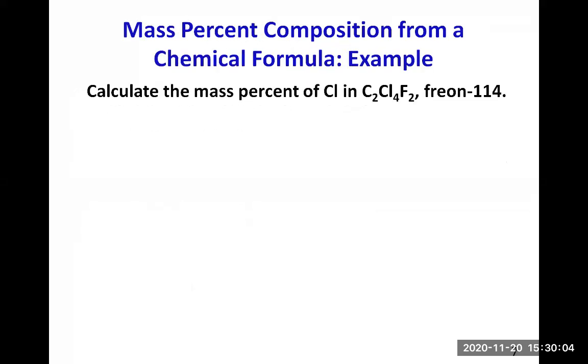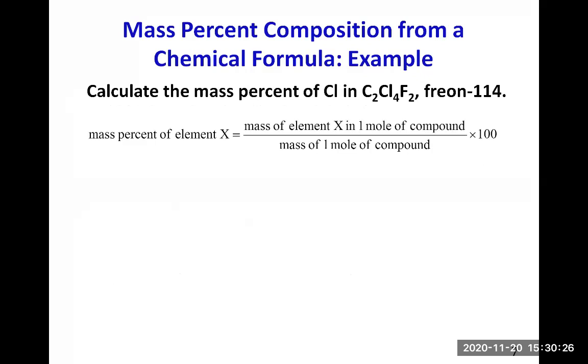So let's practice that with this example. Calculate the mass percent of chlorine in C2Cl4F2, which is a Freon 114. This is a gas used as a refrigerant, but these are banned now. So we know that the mass percent of element X is calculated by taking the mass of element X in 1 mole of compound over the molar mass of the compound, times 100. So we need to find out the molar mass of the compound,